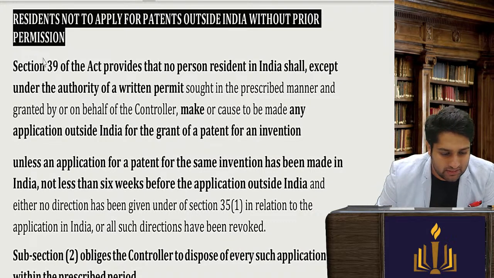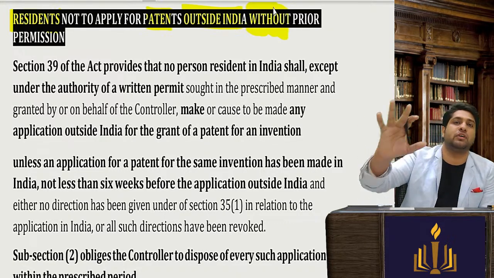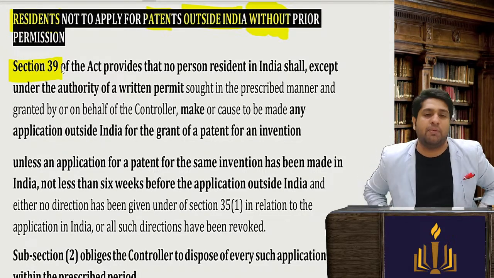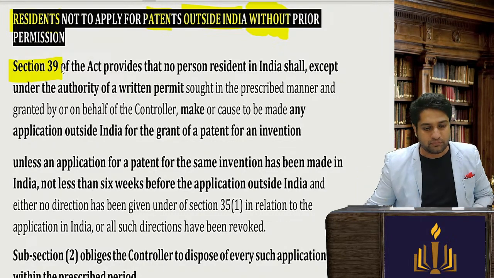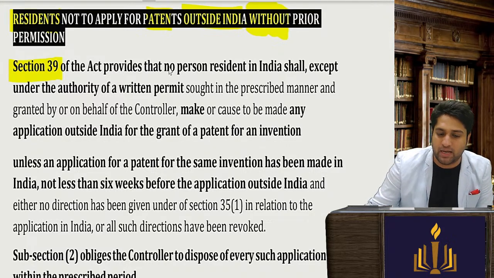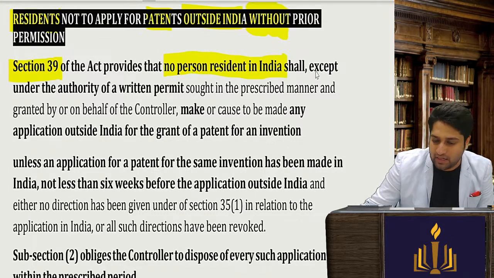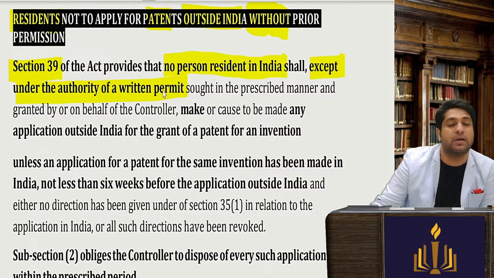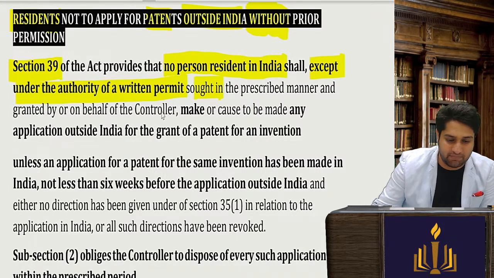So residents not to apply for patents outside India without the prior permission of the Indian government. Section 39, so whenever we file international applications, it is with the consent of the government. The portal is made in such a way, everything can be done online also. Section 39 of the Act provides that no person resident in India shall, except under the authority of a written permit sought in the prescribed manner of the controller,